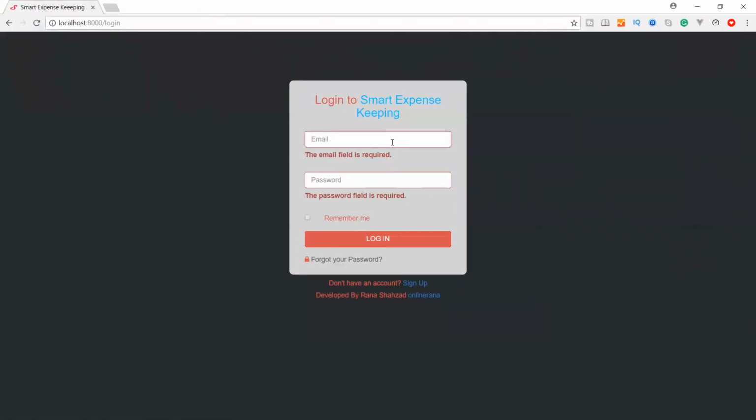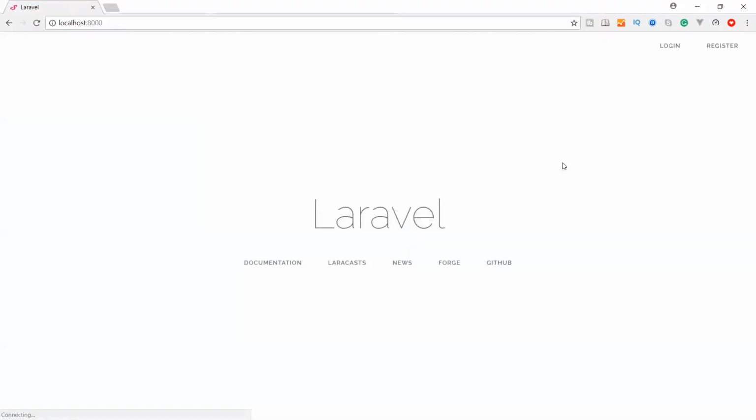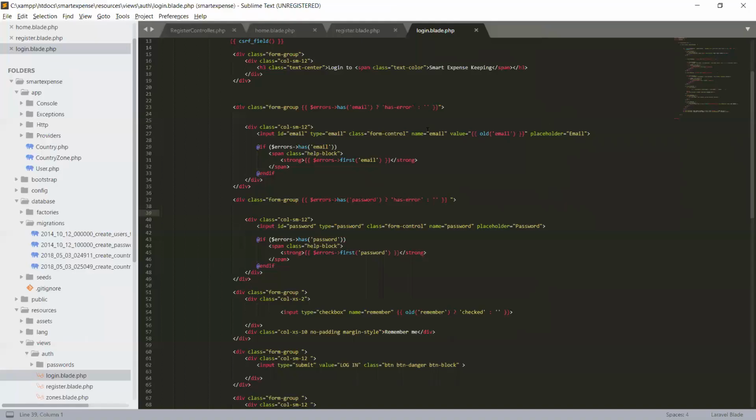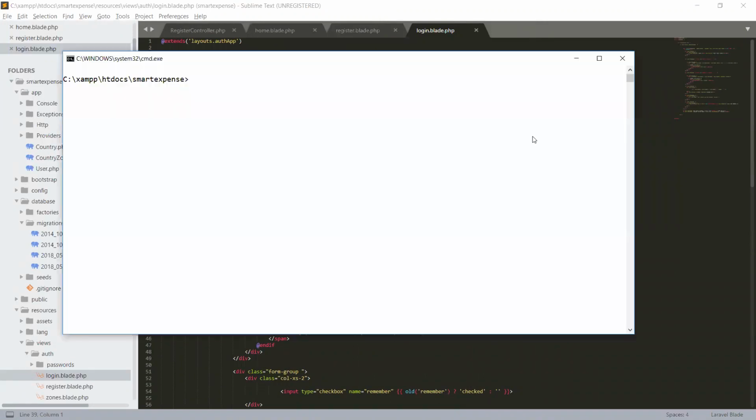Okay, when we log in, we have our dashboard, and we will redirect to our page. So to understand what routes are being used, see, this login form is going to a route login, and we have also checked our route list in some previous video. So if we again check php artisan route list,